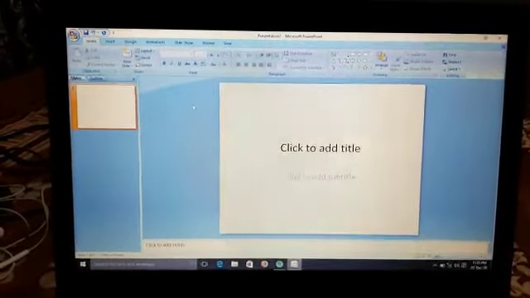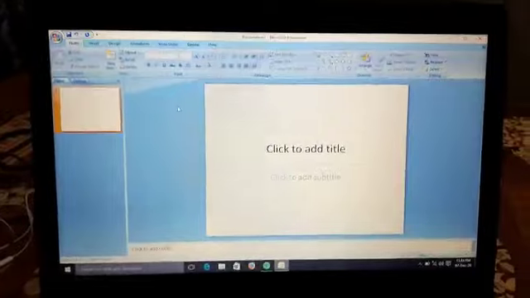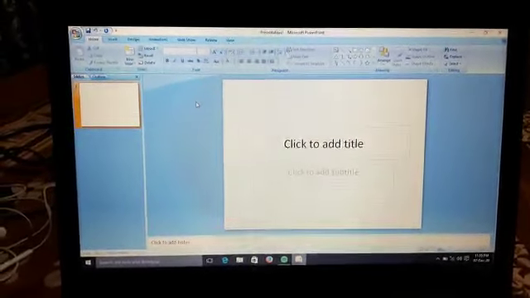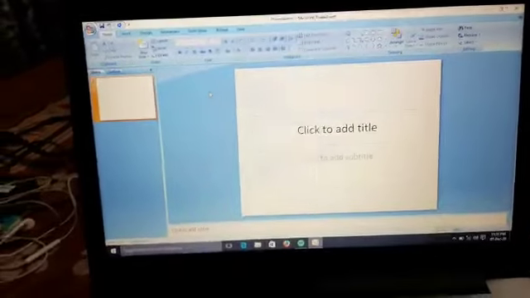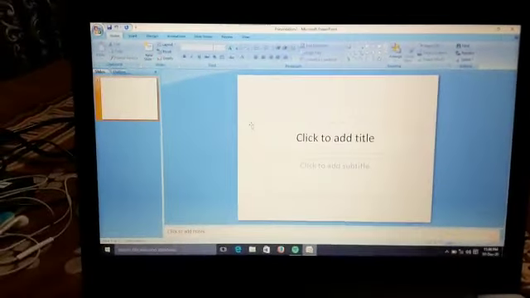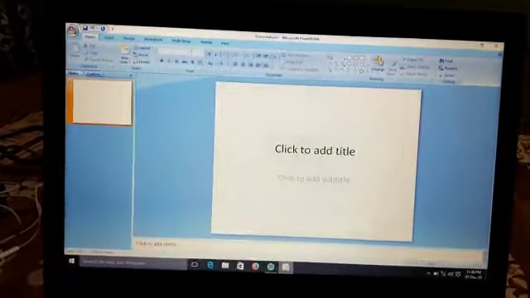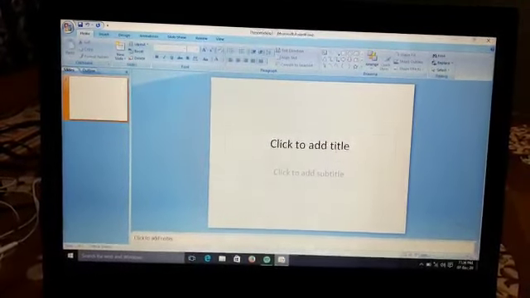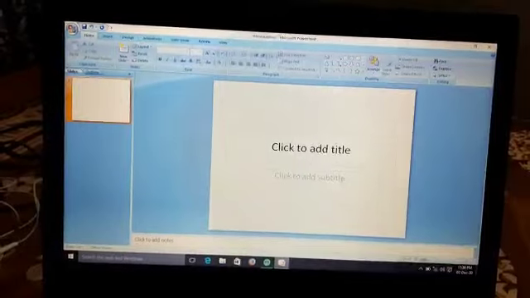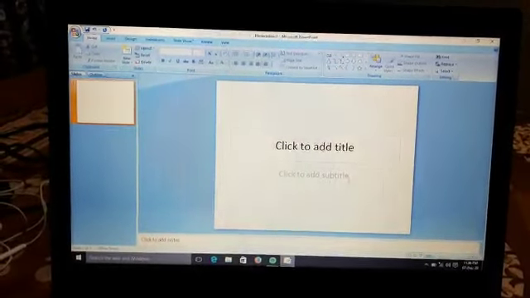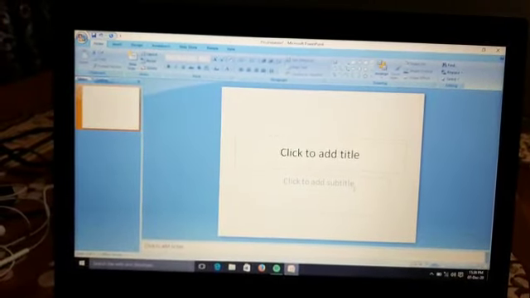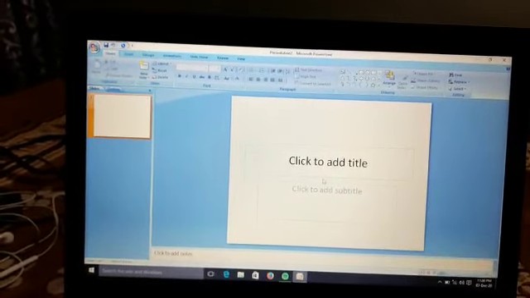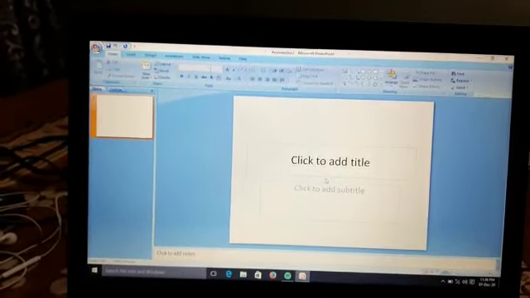Here, a new blank presentation will appear. So this is your new blank presentation. You can start writing whatever you want. The new slide will appear with two rectangular dotted boxes. Can you see the two rectangles? In the first one, Click to add title is given, and in the second rectangular box, Click to add subtitle is written. Yes or no? And these two boxes are known as placeholders. The placeholders contain text, images, and other objects.